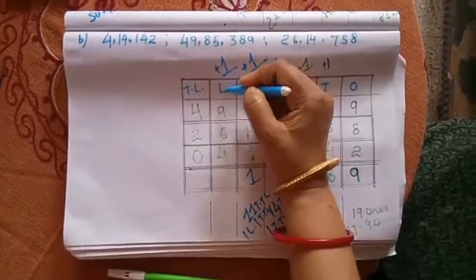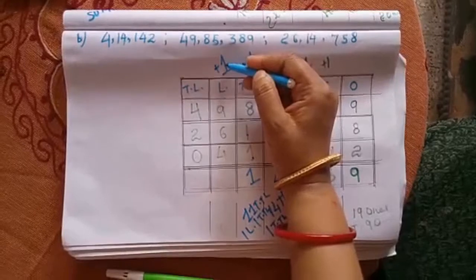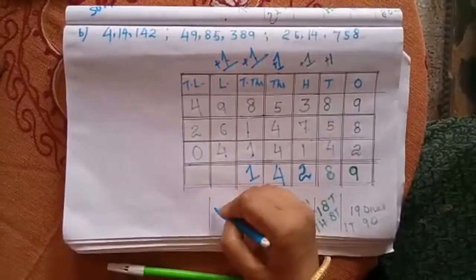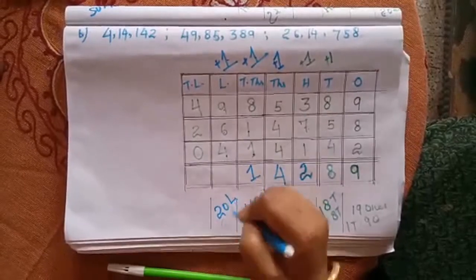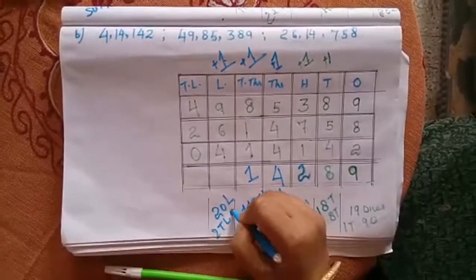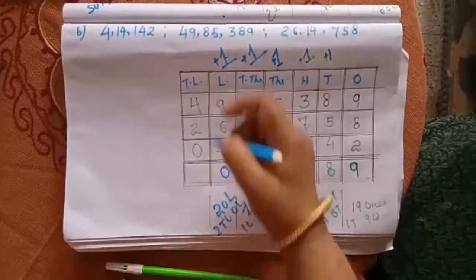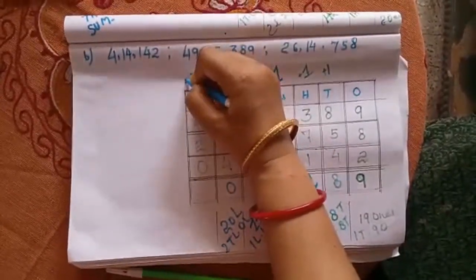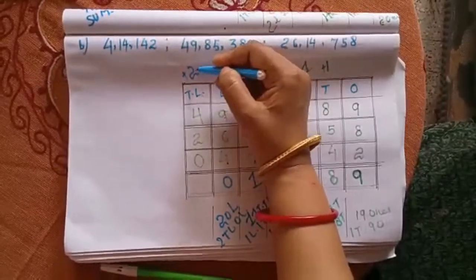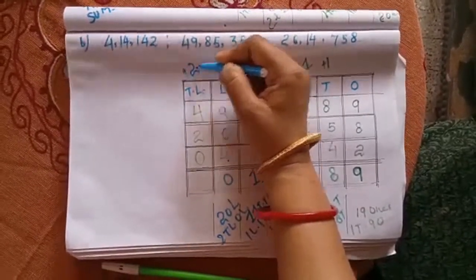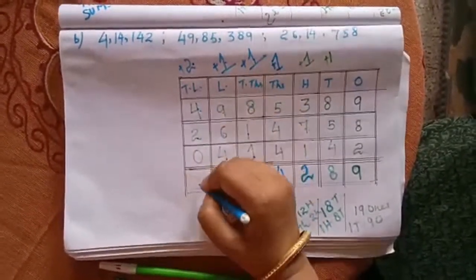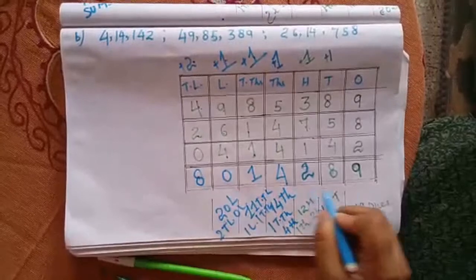Now adding lakhs, I will take 1 lakh as a carryover. 1 lakh plus 9 lakh plus 6 lakhs plus 4 lakh. It is total 20 lakh. So it is having 2 10 lakh and 0 lakh. So it is 0 lakhs and 2 10 lakh will go as a carryover. Now adding 10 lakhs, I will take 2 10 lakh as a carryover plus 4 10 lakh plus 2 10 lakh. So total 2 plus 4 is 6 plus 2 is 8 10 lakh. So this is the sum.